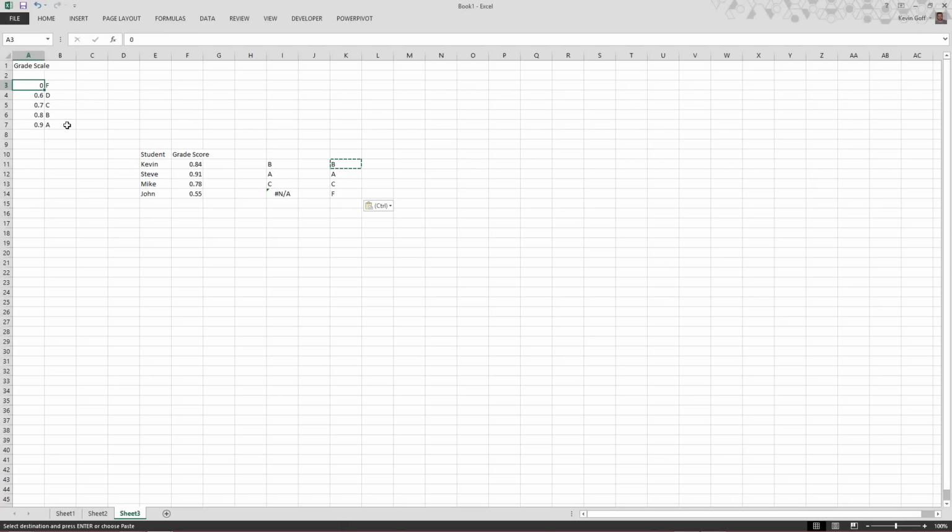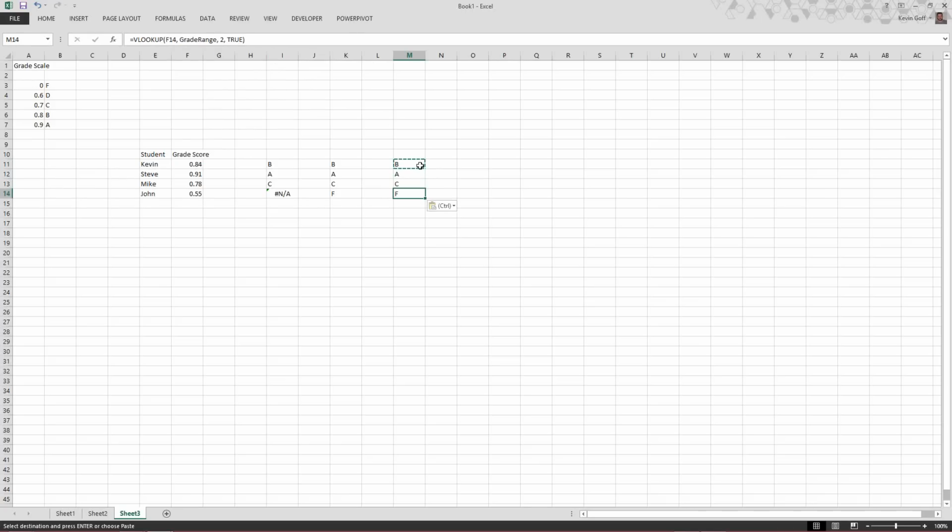So what I'll do is I'll highlight my range here, and then up in the name box I'll call this grade range, and then I'll do the same thing here. I'll do a VLOOKUP again, but this time I'll point to that name. I'll start on my score. I want to point to grade range, and notice how the minute I type GR I get statement completion here. I want to bring back the second column, and I continue to want to do an approximate match. That also works